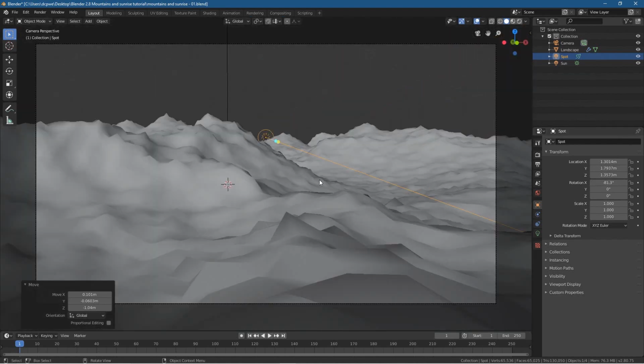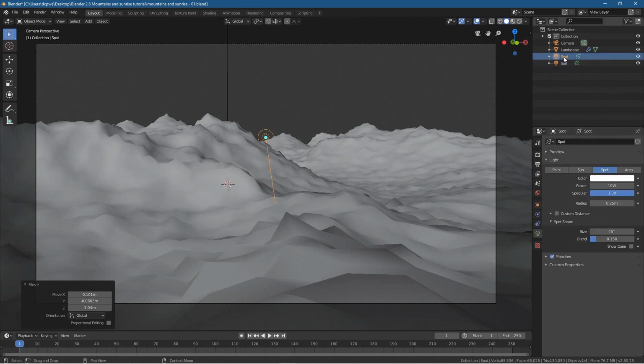Then press 0 and we can rotate it on the y-axis and also rotate it on the z-axis to get it pointing towards the camera. You can try and get this line kind of pointing towards the camera, and then we can adjust that slightly later. Let's go to its settings and let's call this spotlight, let's call it sunshine, would be a good name